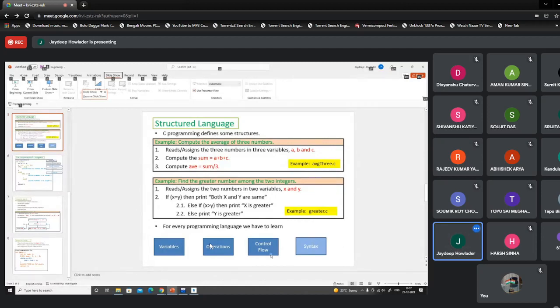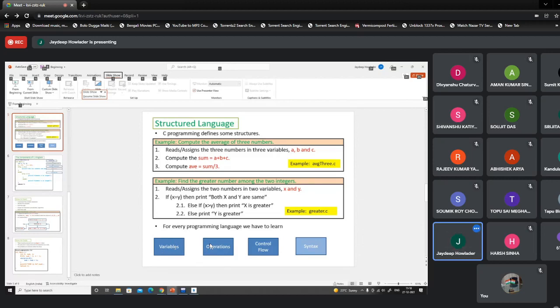Okay. The control flow, a little bit we have understood, is how we have to organize our programs such that the sequence of operations can be linear, or it may be branching, or it may be iterative. These two parts we will be learning in due process. Okay. So first thing is, what are variables.